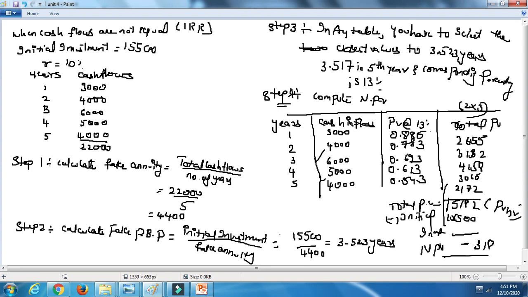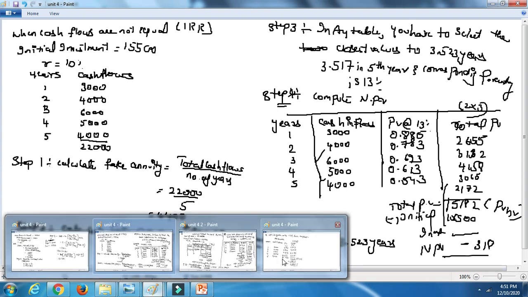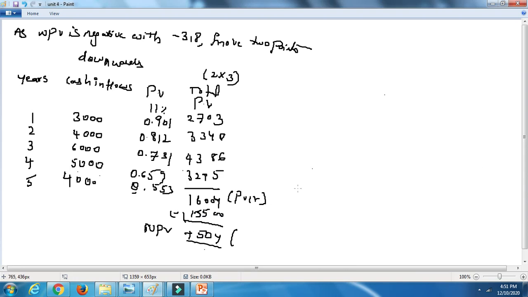So let's start doing this. One should be positive and one should be negative. So here it will be negative we got. So now what we need to do is, this is the next step, compute IRR